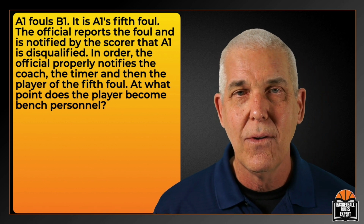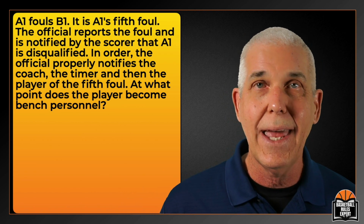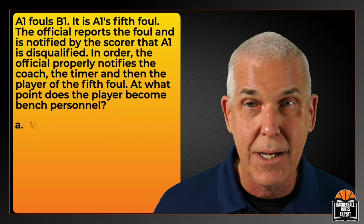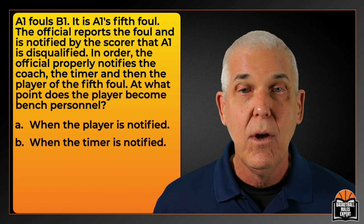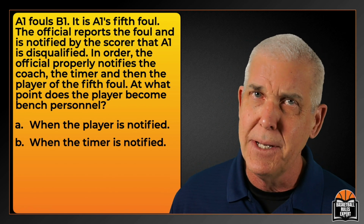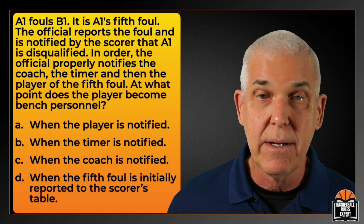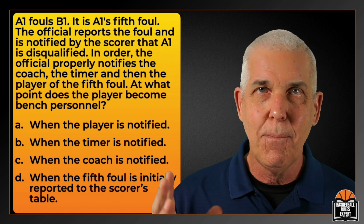And that's just a fundamental concept that we need to know, is when is a player disqualified by rule? Our possible correct answers are when the player is notified, when the timer is notified to begin the interval for replacement, when the coach is notified, or when the fifth foul is initially reported to the scorer's table. Well, those are our choices, right? This is such a simple concept